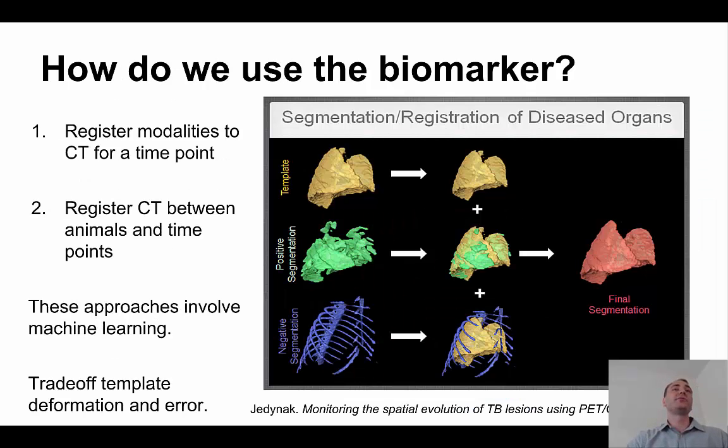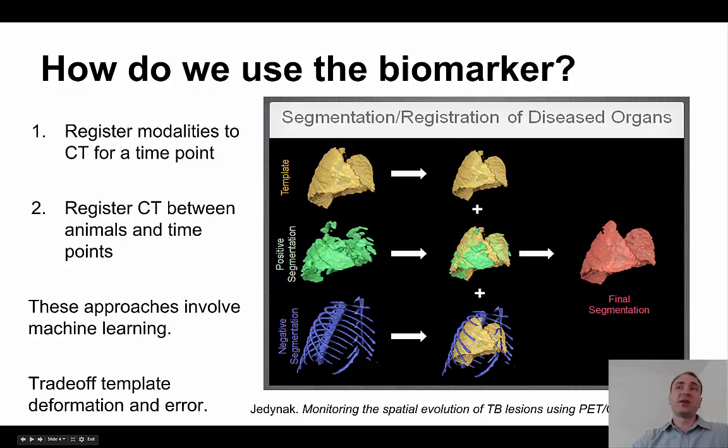So what do we do here? Well, first we have a template lung, and we want to match each of our mouse lungs to that template. We have a positive segmentation, which is aided by the user, and essentially you're identifying the lungs in an individual mouse where our biomarker is active. And then we have a negative segmentation where we have bones, the spine and the rib cage, and we're using both of those positive and negative segmentations with some segmentation algorithms and registration algorithms to register those segmentations onto a